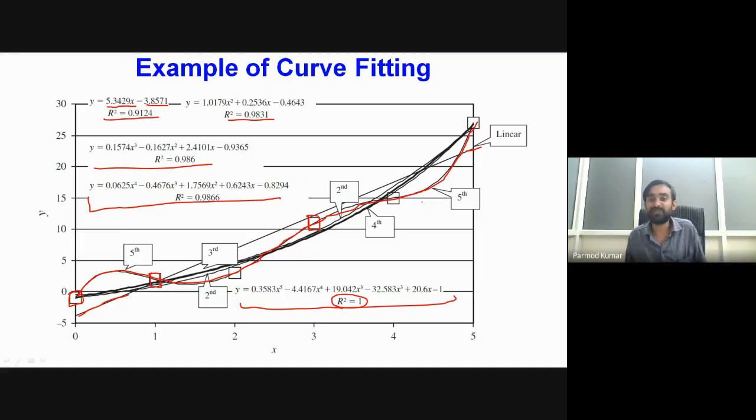Okay, so this example highlights that going for a higher order polynomial fit doesn't always ensure a good fit. It may give you an r square value close to 1, which represents that if we predict the value corresponding to our observed values, we will have a perfect match. However, if we go for any value in between our two observations, we will have fluctuations in our data set.